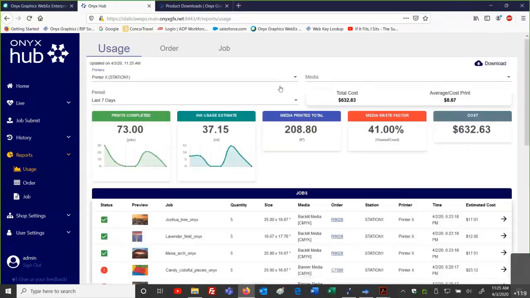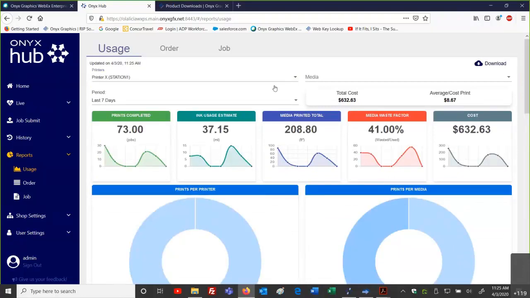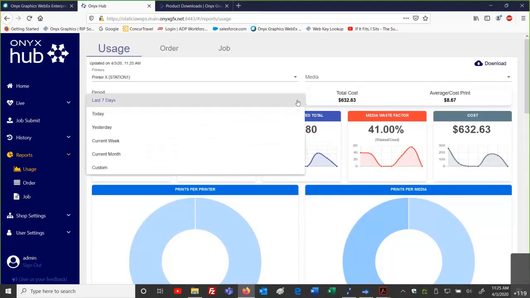So if I just look at station 1, printer X, I can see my prints completed, my estimated ink usage, my media, total media printed in square feet, my waste, and my costs. And again, this information is cumulative, and what I'm specifying, or what's defaulting here, is the last 7 days. So I can see this information based on that parameter.